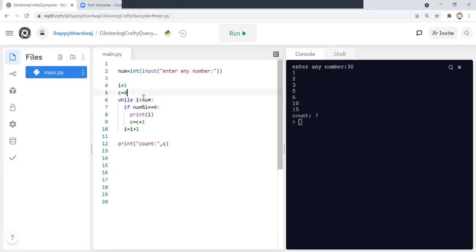Okay. Now, similarly, you can find sum. Let's say for sum, I create a variable s equal to 0. Now, every time I find a factor, I'm going to increase the value of sum by the value of the factor. Like in count, I'm adding 1 every time I find a factor, but in sum I'm going to add the value of the factor. If i is a factor, I'm going to add the value of i in the sum. If 1 is a factor, 1 will be added to the sum. If 2 is a factor, 2 will be added to the sum. If 3 is a factor, 3 will be added to the sum.